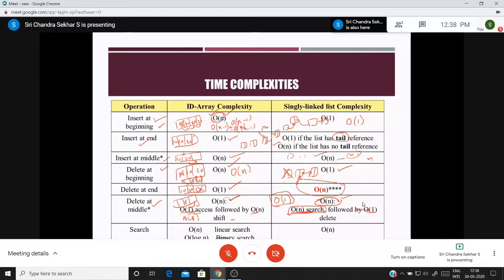So the suggestion is, in order to complete the deletion of the middle element with big O of 1, there should be a pointer called pre-middle to the previous node of the middle element. Therefore, you can directly access it and you can remove the middle element.